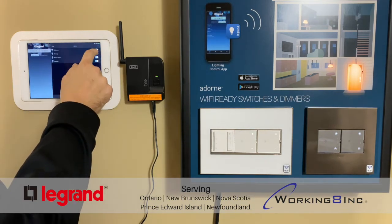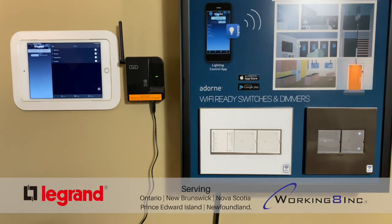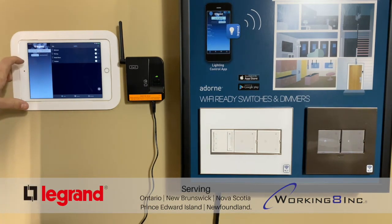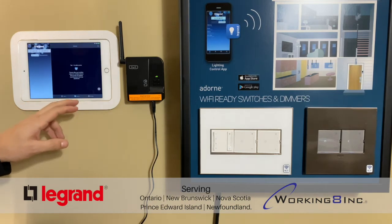from the app. As you can see here, turn them all off. And then by default, also on the home page here on the left, you have all on and all off. It'll also show your upcoming scenes. So scenes are,